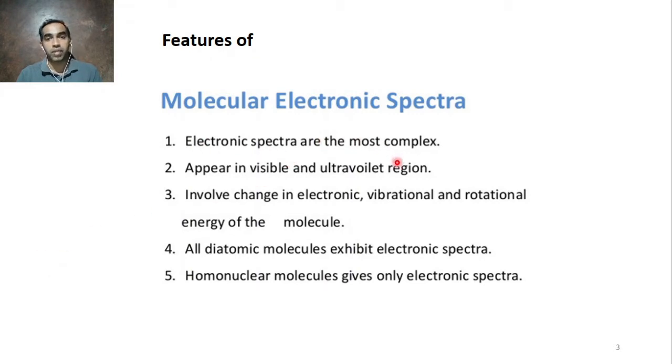Electronic spectra are the most complex. It's a bit difficult to solve, because molecular spectroscopy involves so many transitions. When there is an absorption in the UV visible region, there will be excitation in all perspectives: change in transition energies, vibration energies, rotation energy, and then there will be electronic transitions. So please go through the Puri Sharma book for this.